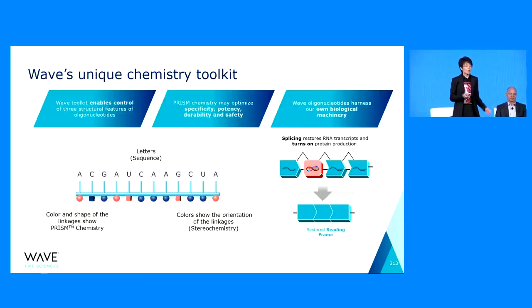So at Wave, we are a biotech company specialized in oligonucleotide, which is a